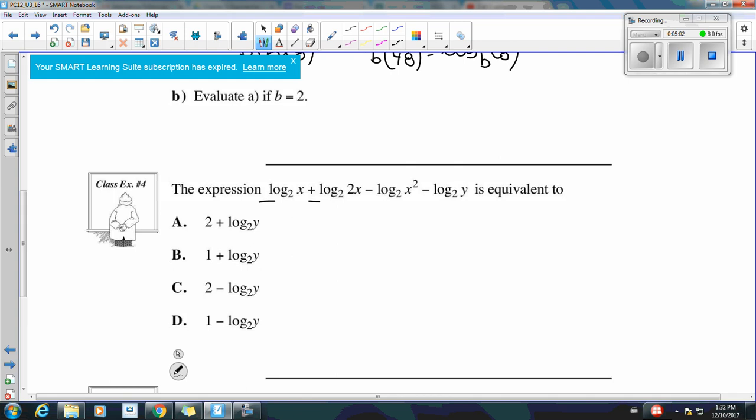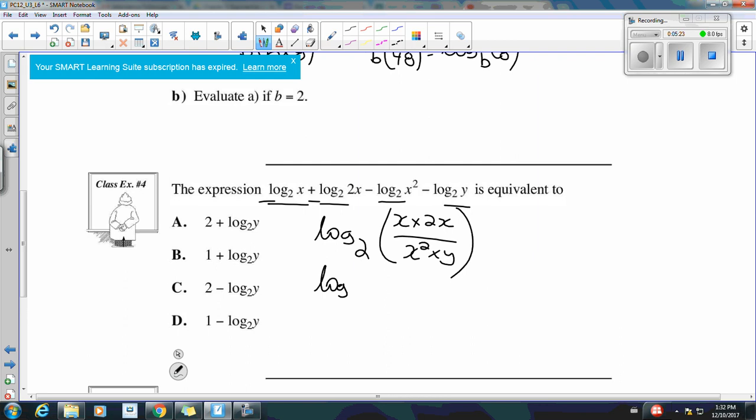Anything with minus signs gets multiplied on the bottom. So that allows us to go log base 2. Well, these two terms had a positive sign, so it's x times 2x, over these two had a negative sign, so they're on the bottom. So this gives us log base 2 of 2x squared over x squared y. The x squared simplify, leaving us with